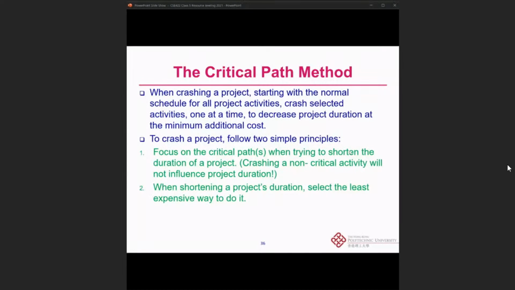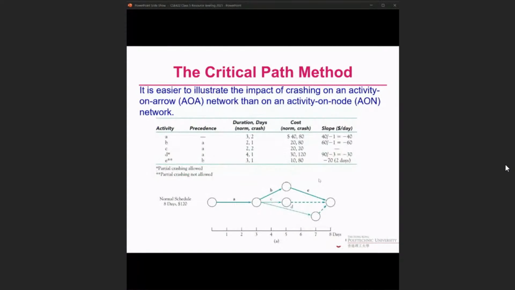Compared with the 30. Same thing, right? If we want to shorten just one day, of course, we will choose the cheapest way to do that. Okay, so this is the two rules. And now, I would like to also use the example to demonstrate how we can crash our projects based on